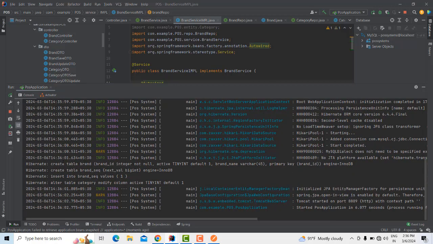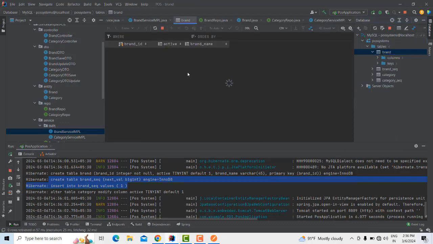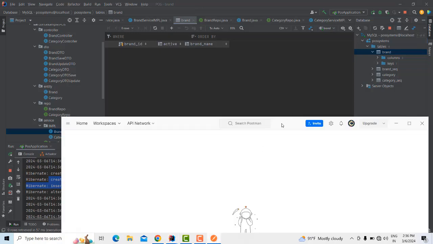So here the brand table has been created, and everything else has been created. Perfect. Here in the point system we only had the category fields. If you refresh it, now you can see the brand table has been created. If you click on it, these are the columns that have been created. Now what you're going to do is we have to